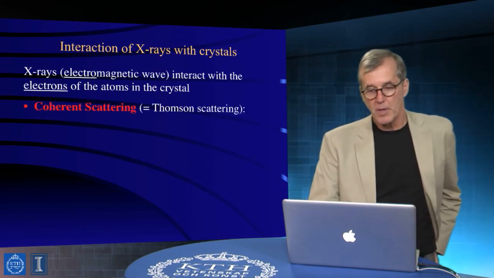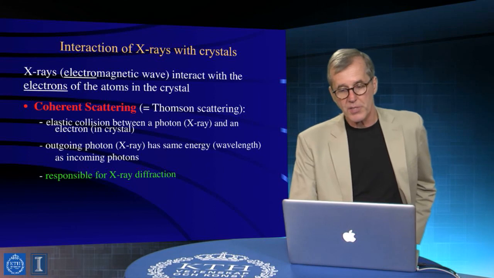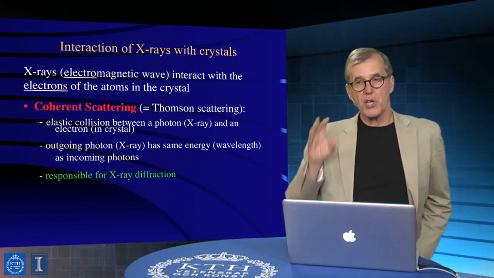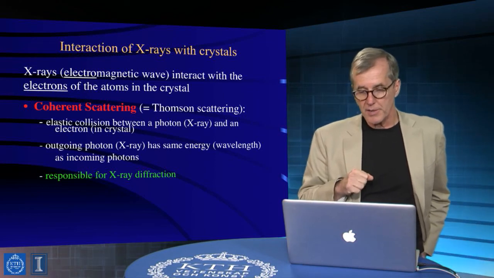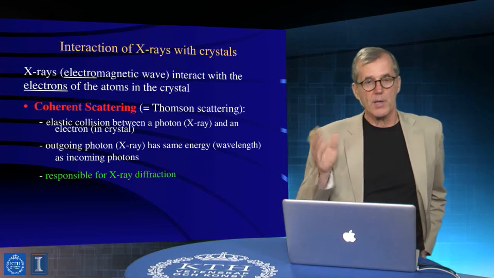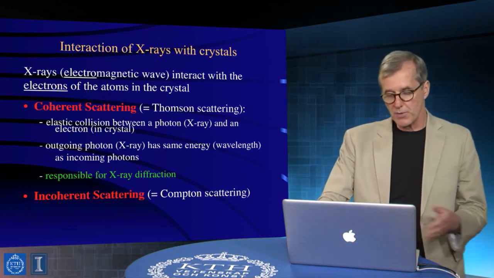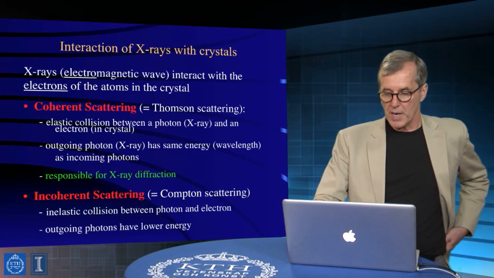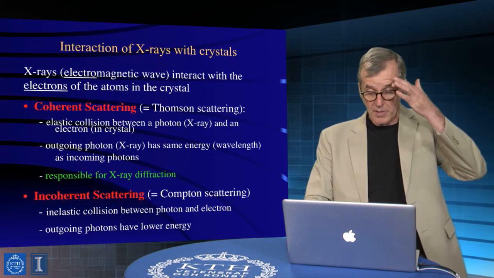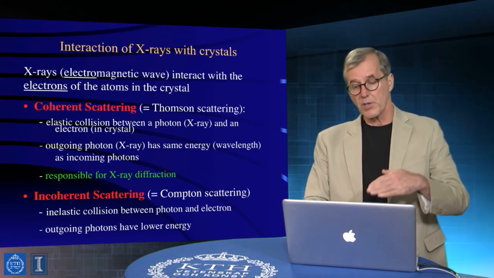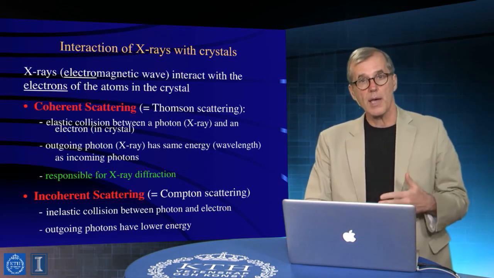measurements of this technique. So the interactions of X-rays with crystals are in two forms. The one that we care about for diffraction is the coherent scattering, and that is the event that leads to a change in the trajectory of the propagating X-ray, and happens without an energy loss. That is, the photon coming in and the photon going out have exactly the same energy. Right? There's no energy loss mechanism. And of course, there's another process, incoherent scattering, so-called Compton scattering, where the scattering processes are inelastic, and the outgoing photons have lost energy, but they're not the foundation of diffraction. It's only the parts that scatter coherently and elastically that give rise to the things that we analyze